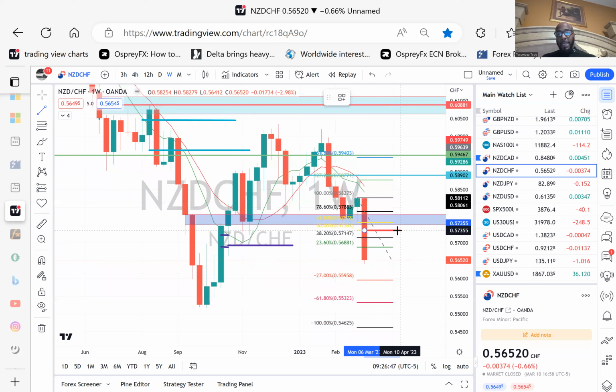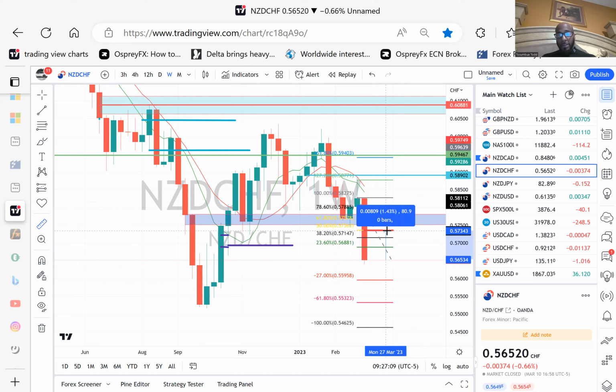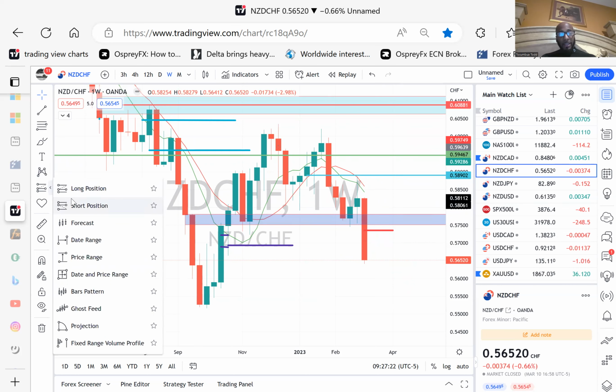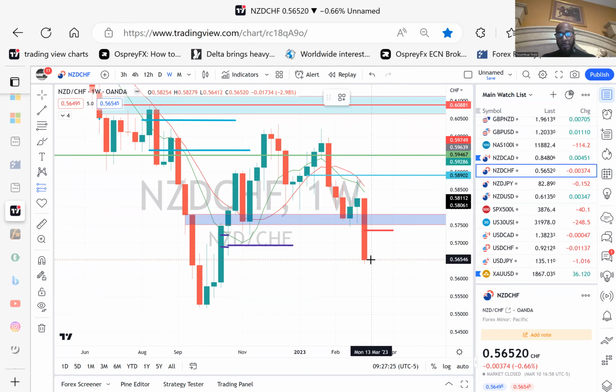Now, most of the time, it's going to pull back more than 50%, I think. I want to say most of the time. A lot of the time, it's going to pull back more than 50%. But for the most part, there's a high likelihood that we're at least going to get a 50% pullback. So if I'm correct with my view here, that's 80 pips, right? So what I'm banking on, what I'm putting my money on, is that I can get this 80 pip move.